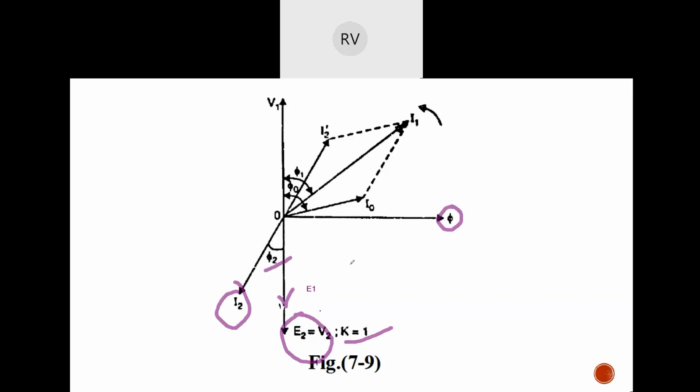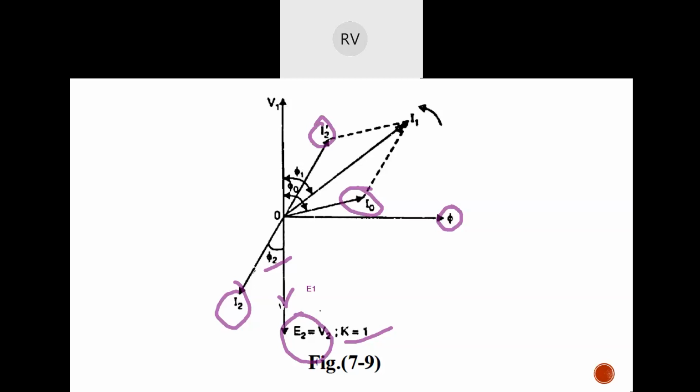So that is what is being represented, and now there should be a primary current in the primary, that is I naught, which is supplying the iron losses as well as setting up this flux phi. Okay, so we have this I naught, and in order to counteract this I2 we have I2 dash, which is exactly in antiphase, that is 180 degrees away from the I2.